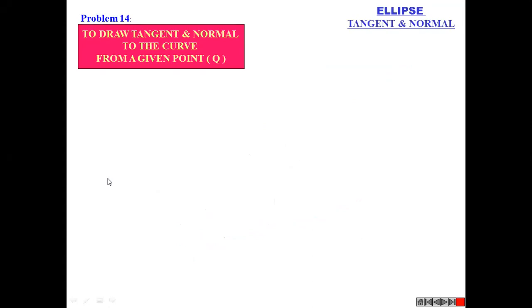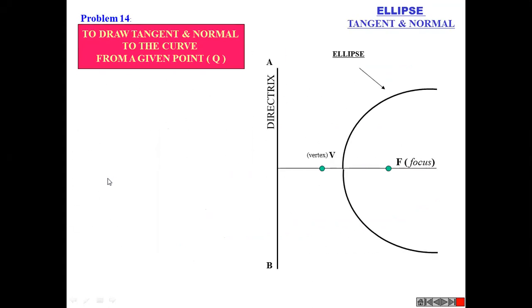Again, ellipse. Draw the tangent and normal to the curve from a given point Q. Now this is the part of ellipse. Understand? One extreme section of the ellipse is given. And one more thing, yesterday I gave you one problem: a parallel curve to the ellipse, you add that, and draw normal and tangent from a given point Q at the midpoint of the arc AD. You add this much, okay? So in that, you need to draw normal and tangent as well.